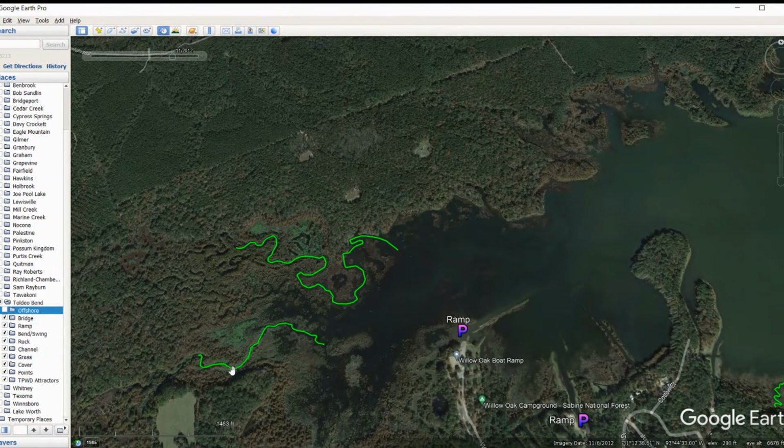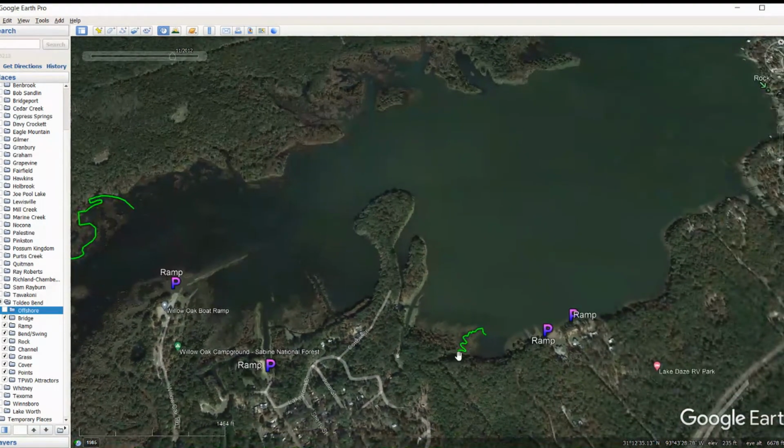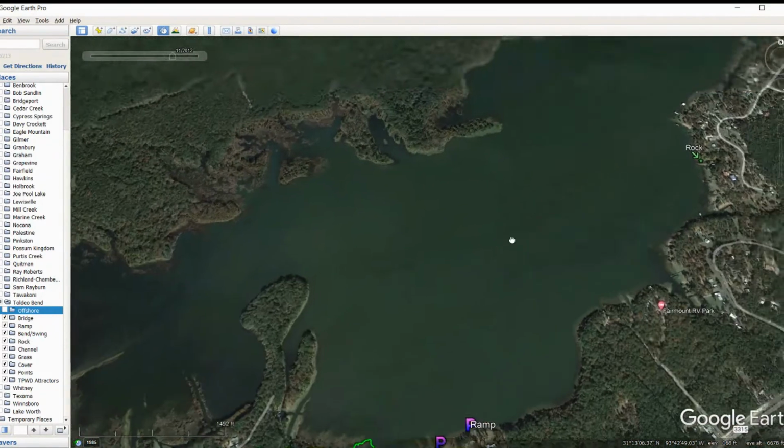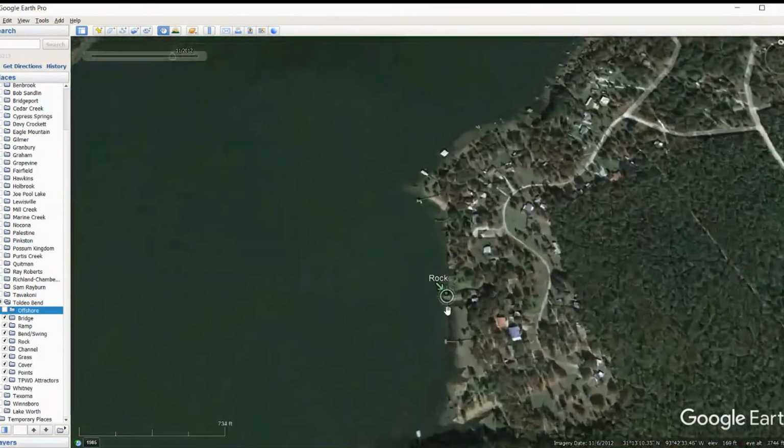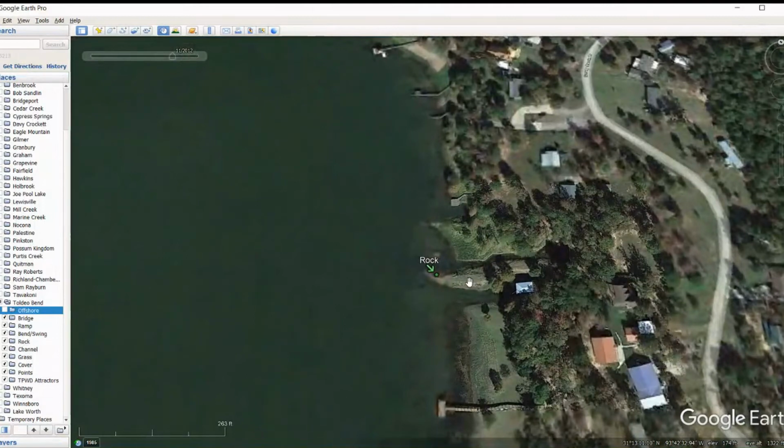You can see it here. Got some more in here. This would be awesome if the lake was up, definitely. We got more ramps back in here, another little ditch that's back in here too you could check out. A couple more ramps, some more rock that's right here around this dock, like a little point that comes out